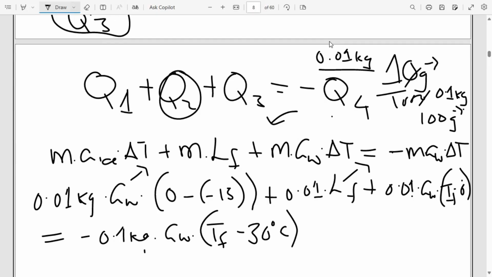It works like that, and they will never ask you questions that are actually out of context when it comes to this. You just have to follow this, know these things, and apply them when they are needed. And there is nothing actually very difficult about the concept of latent heat of fusion and also latent heat of vaporization.